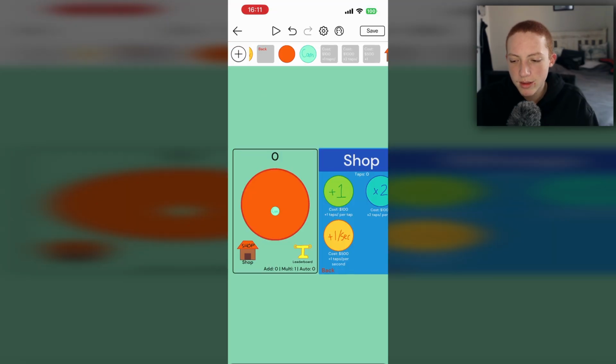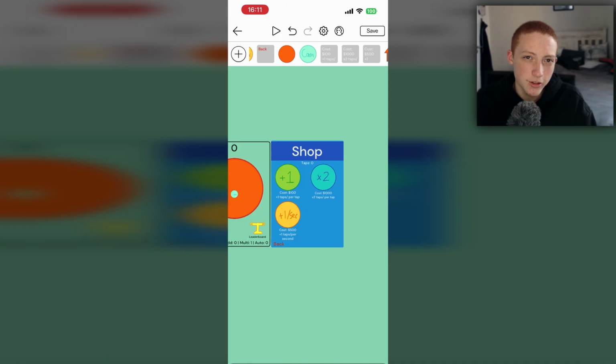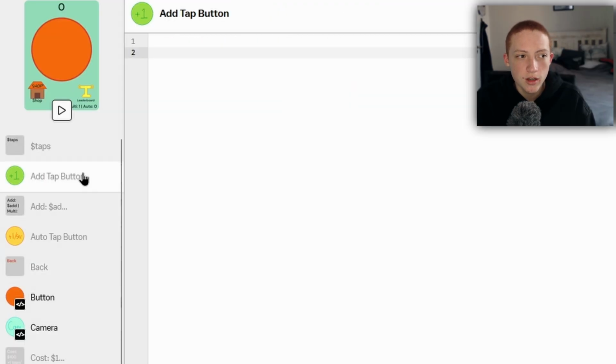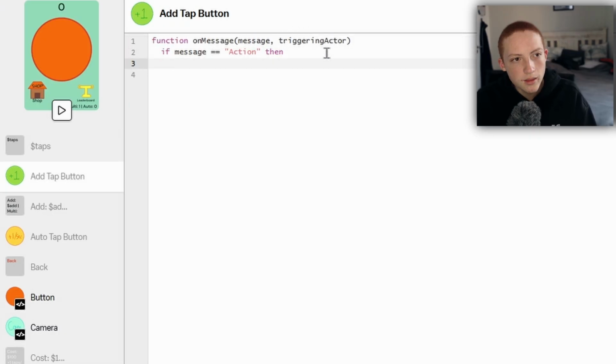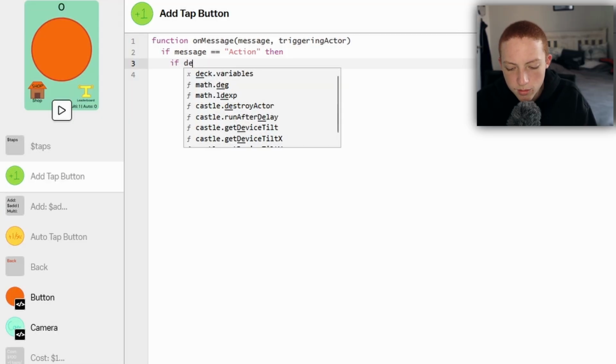Now we're gonna actually make the buttons in the shop function. To do that, we're first gonna go to the plus one, as this one is quite easy to do. Because we have to tap on the icon to buy it, we're going to use the same thing as we used in the button, the if message equals action, copy that and paste it here. And then we're going to create a second if function because we added a cost to this. So this costs 100 taps. So we're going to say if deck variables taps